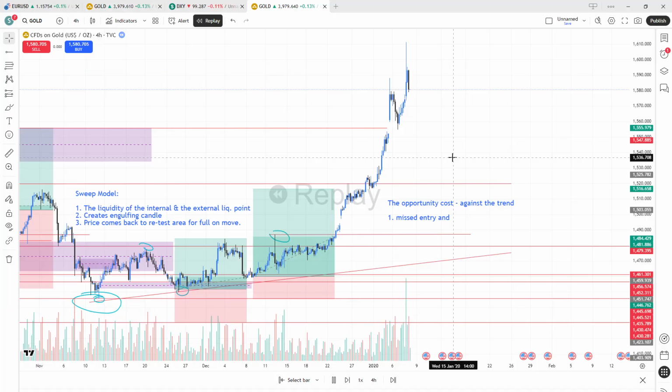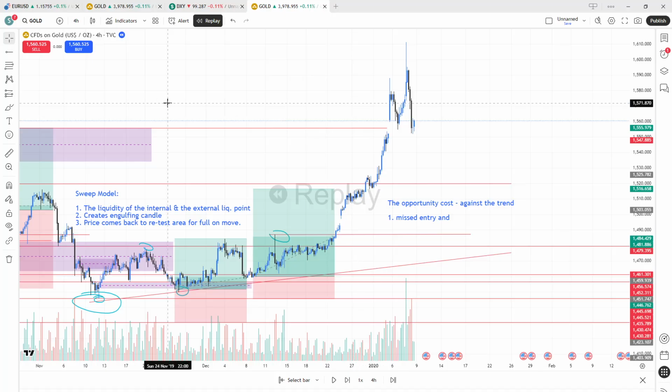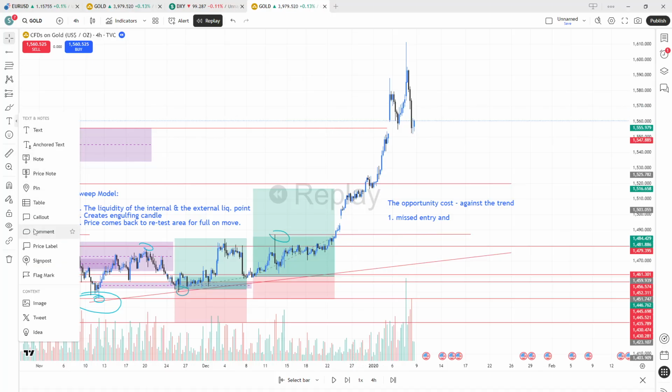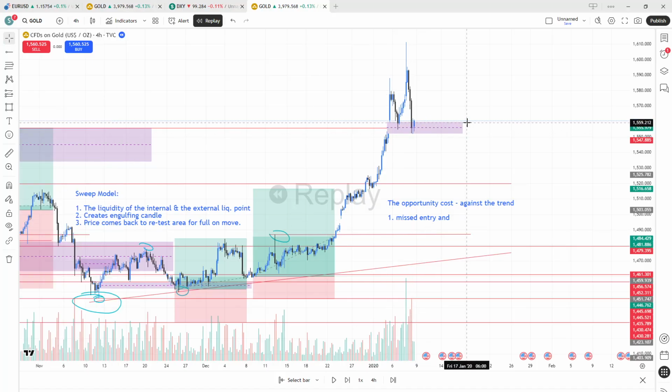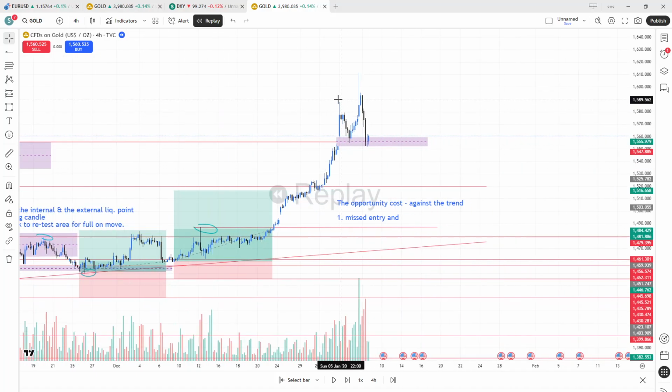With gold too, something that I noticed: there was this gap that was in play, and it did come back and fill in the gap, but overall it's still a bullish move. Even though this is the second comeback for the second confirmation that there's going to be a break of structure,